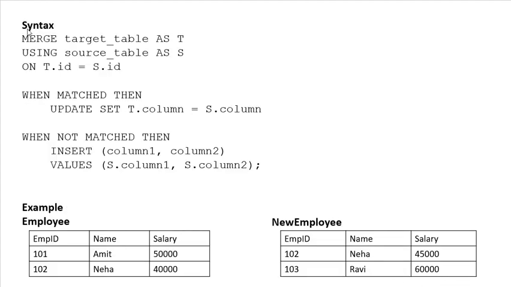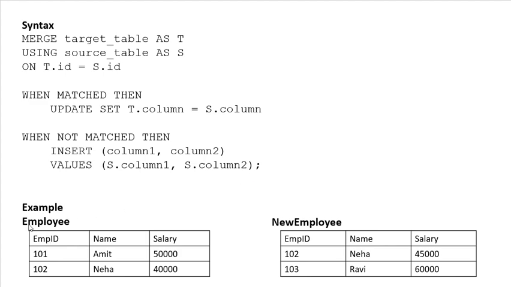Let's check the example. The syntax is: MERGE target table, alias name t, USING source table, alias name s, ON t.id = s.id, WHEN MATCHED THEN UPDATE SET t.column = s.column, WHEN NOT MATCHED THEN INSERT (column1, column2) VALUES (s.column1, s.column2);